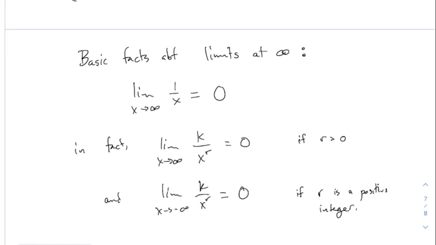So the moral of the story is basically, if you have a power of x in the bottom, you're going to get 0 when you do the limit at infinity, or the limit at minus infinity. You get 0 either way. All right? And I think that'll do it. This was a basic fact. We're going to turn this into more interesting things next time. I hope you have